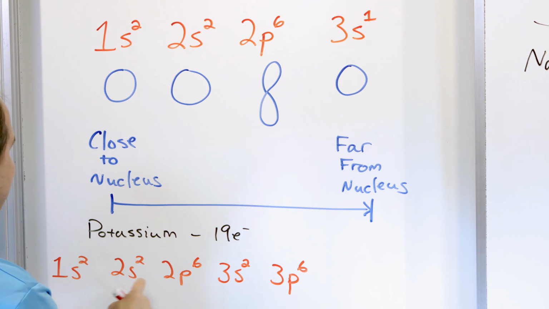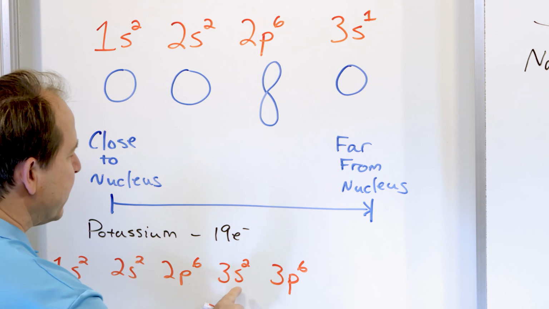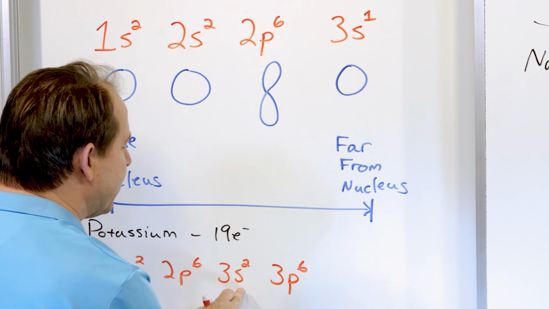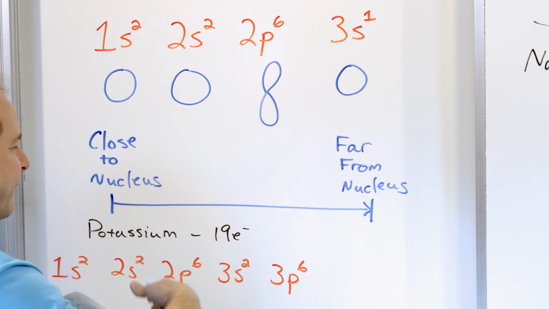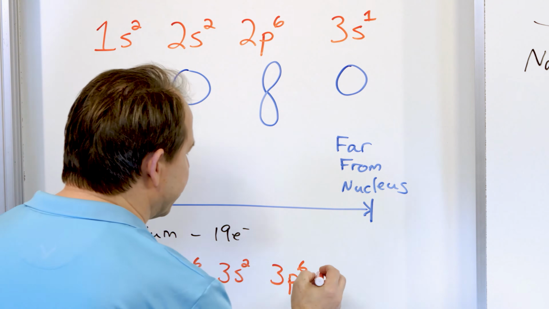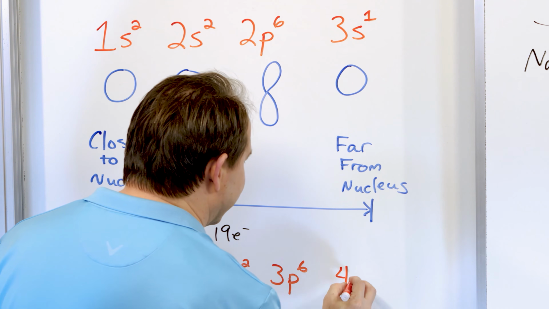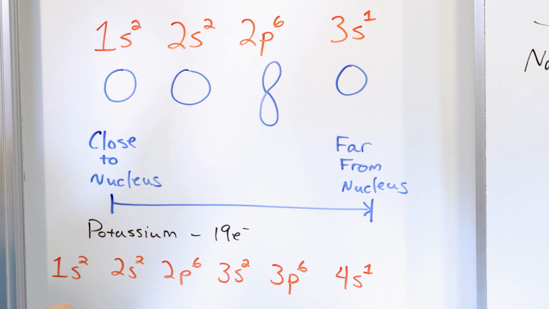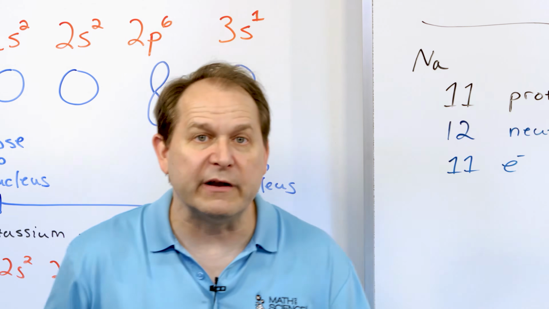So how many do we have now? We have 10 right here, and then we have 8 here, so there's 18, but we have one more electron. So what would come after s and p, after we exhaust the 3p orbital? We have the 4th energy level, and that's going to be an s orbital, and there's only one left over. So you see the similarity between potassium and sodium is that the orbitals for the electrons always fill